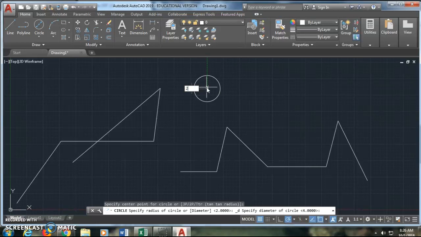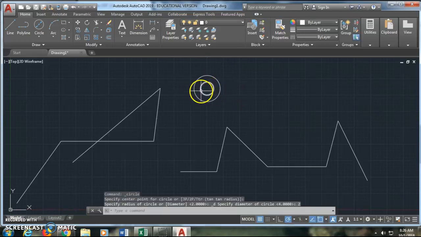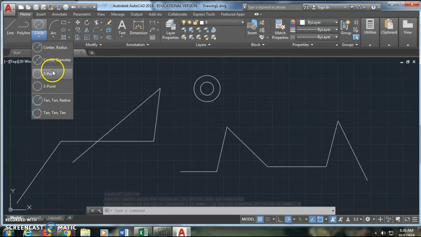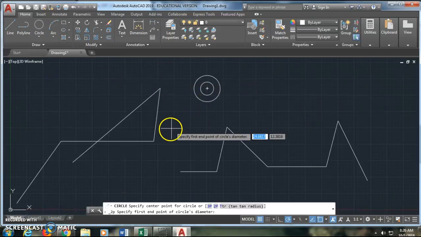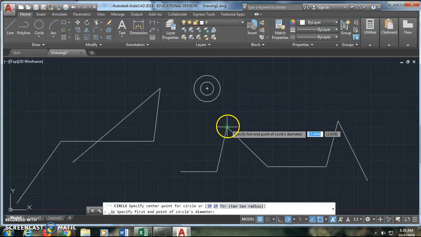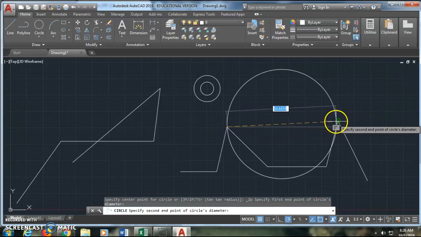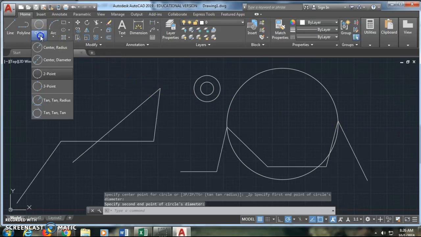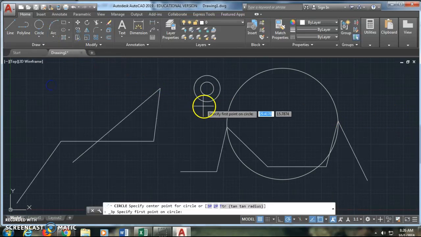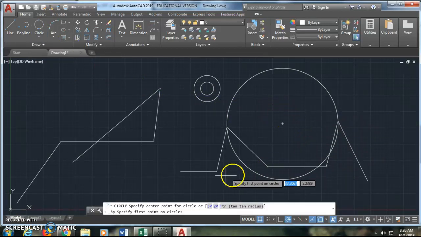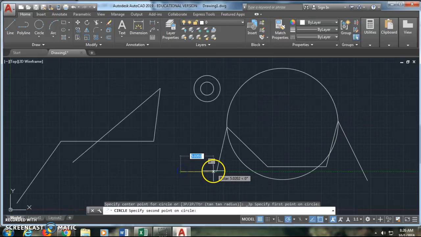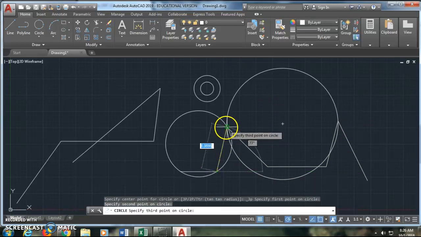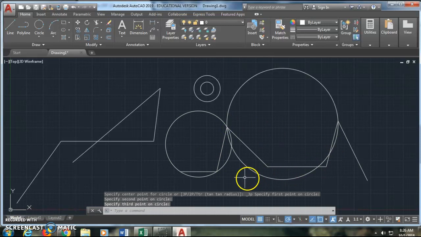Now if I do 2 diameter, that's 2 all the way across, so you get a smaller circle. You can do a 2-point circle, which means that you just choose 2 points on the screen that you want the circle to touch, and it will create the only circle that can touch those 2 points. A 3-point circle is the same, but you have 3 points of connection. So I can choose this point, and this point, and it creates the only circle that touches all 3 of